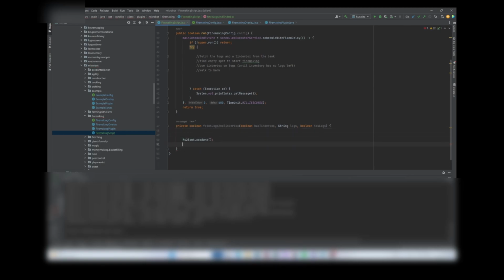This will open our bank interface, and after that we can start adding some logic. If we do not have a tinderbox, then we want to withdraw the tinderbox, and we also want to in any case withdraw item all. This has a check inventory, so it basically will check if the item is already in your inventory, so just say true, and then in there we can say the type of logs that we want to withdraw,